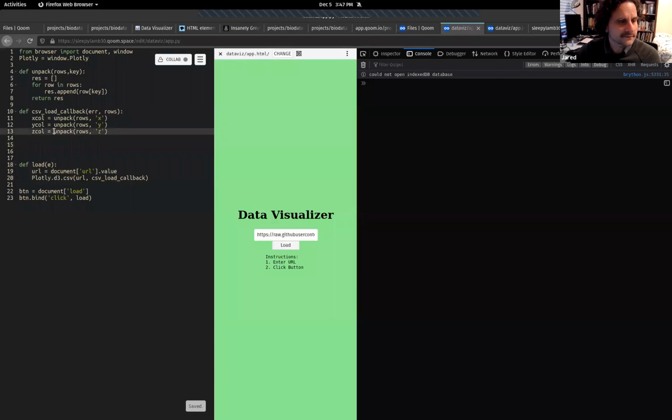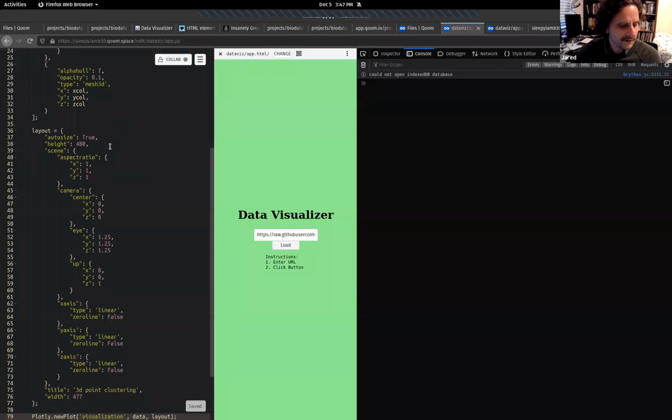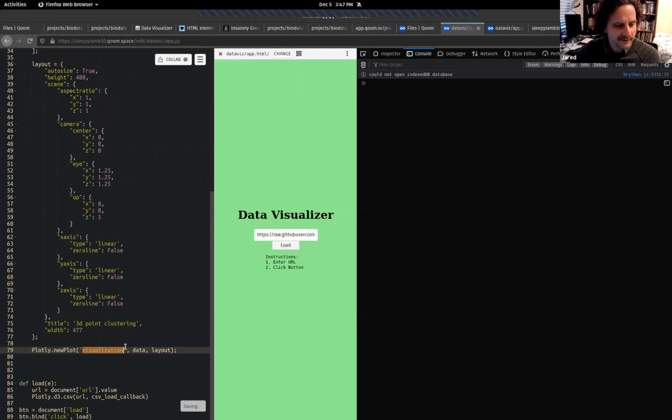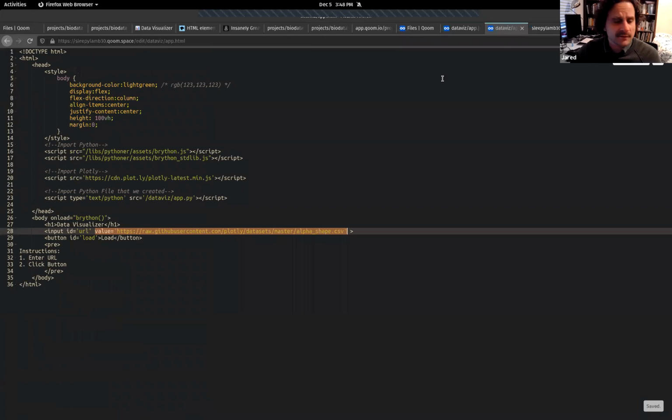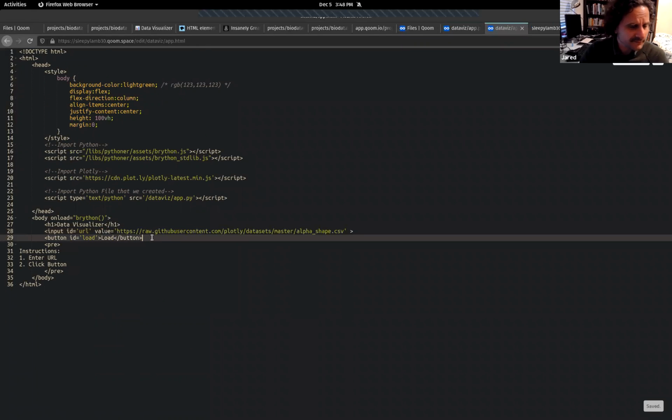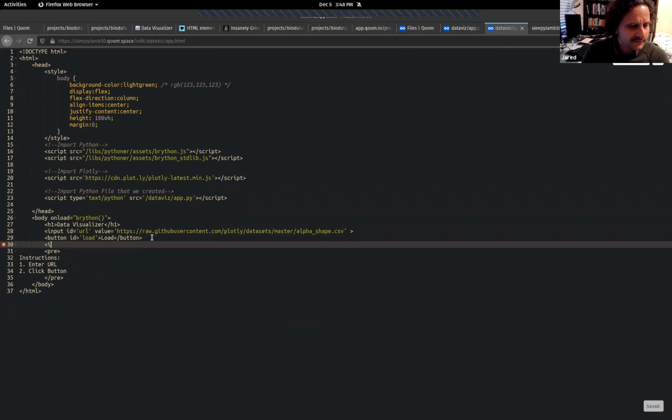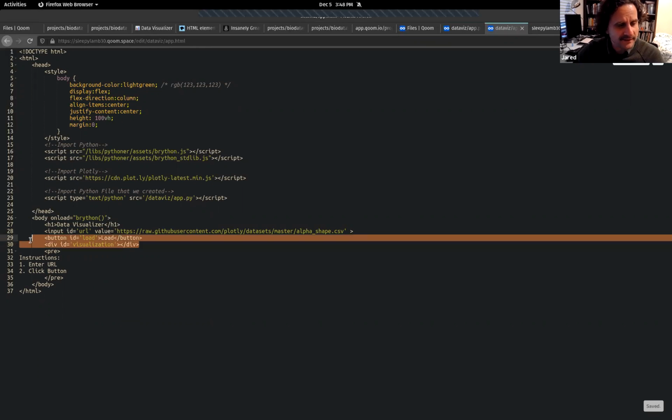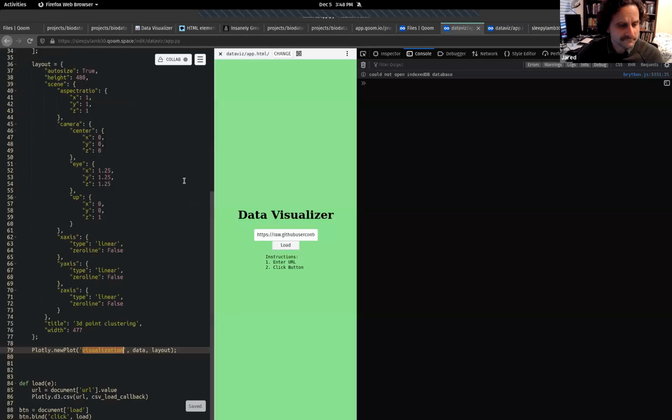Okay, this goes to the CSV load callback. Oh, and it needs a place to put the plot. So for the visualization, I think we need to put in a div here. After our button, we can create a div element with the ID visualization. So now it has a place to put the plot. So that should work. And now